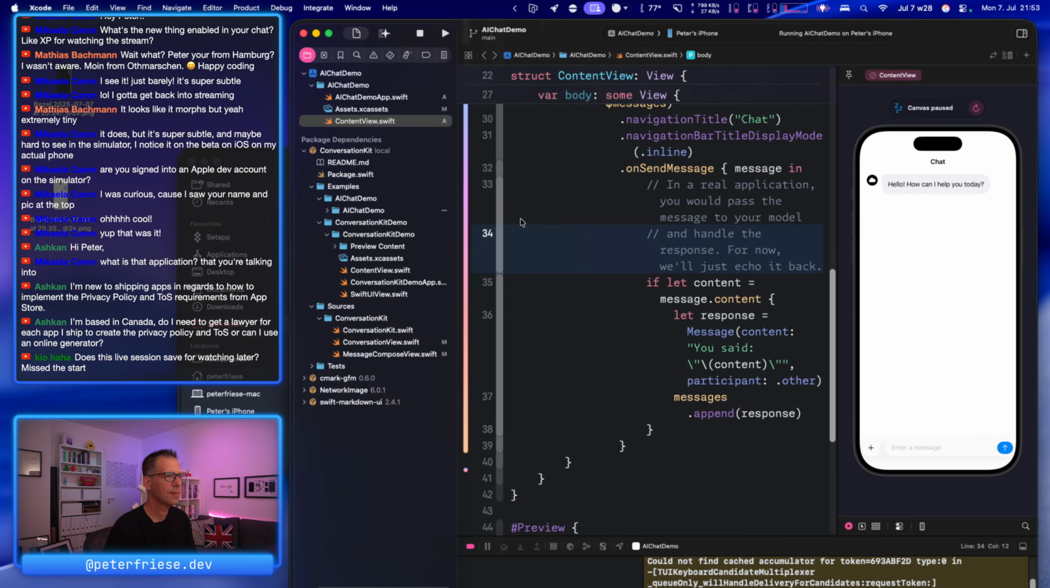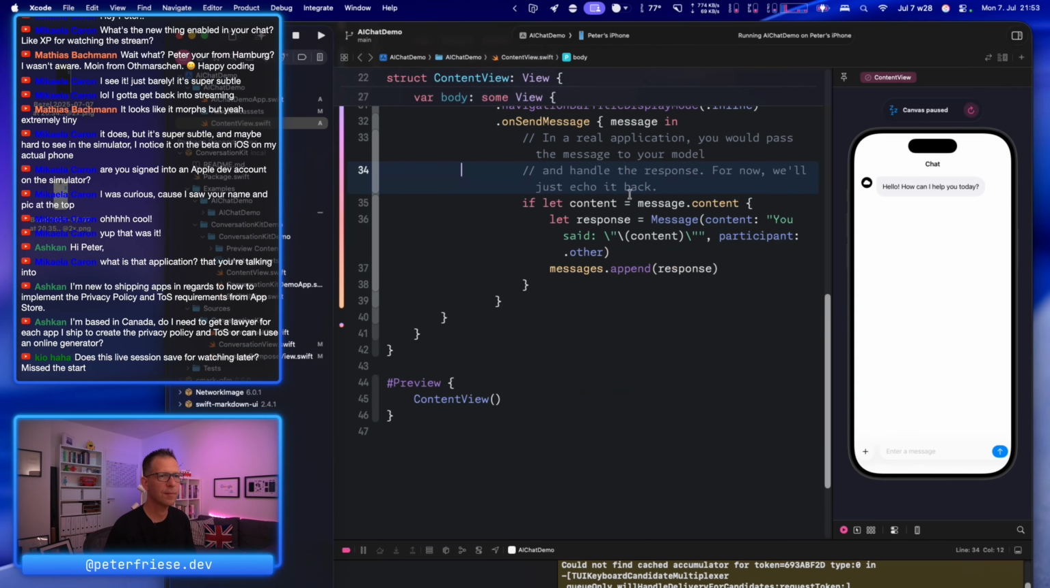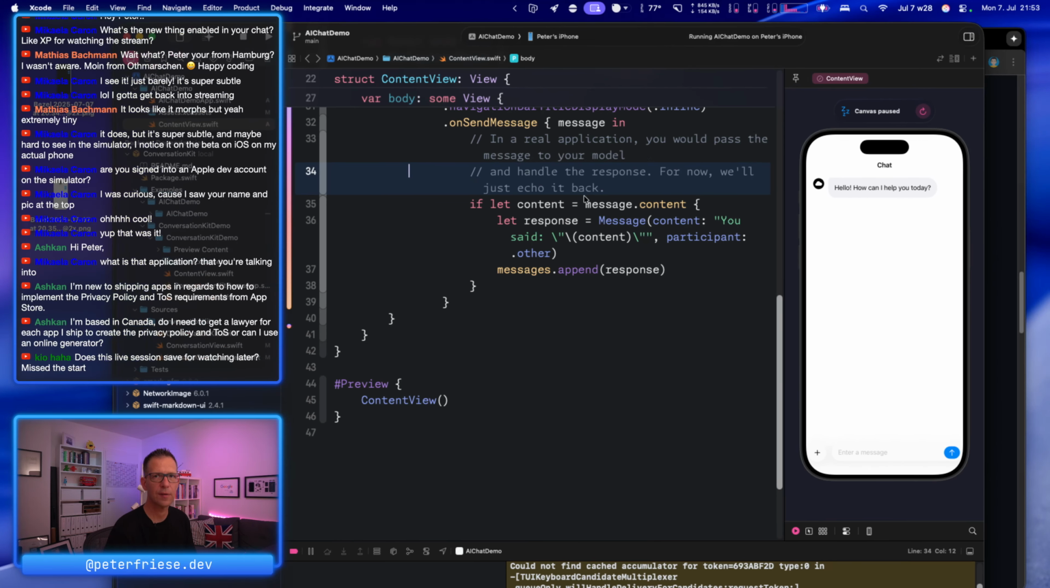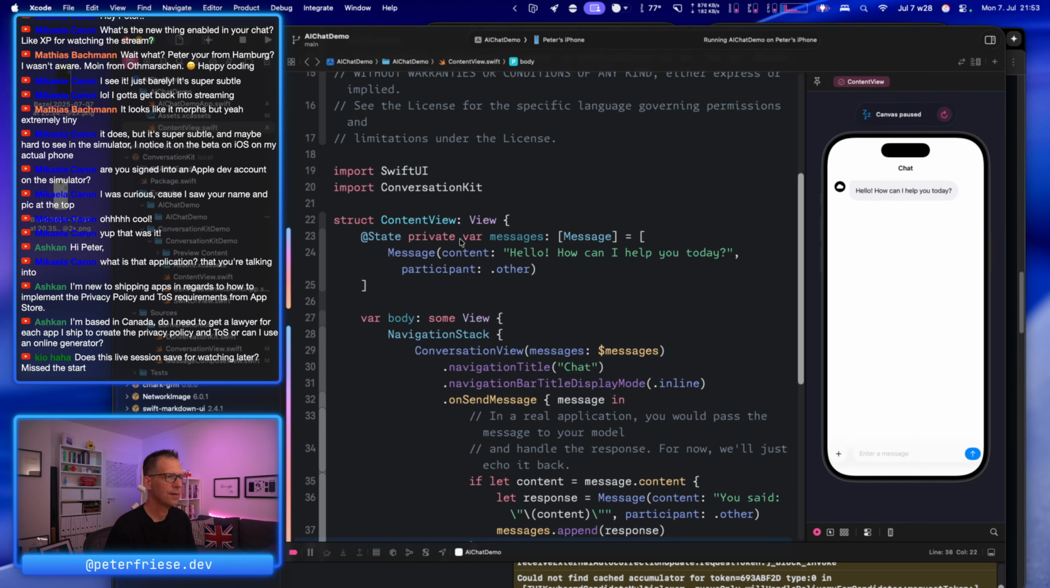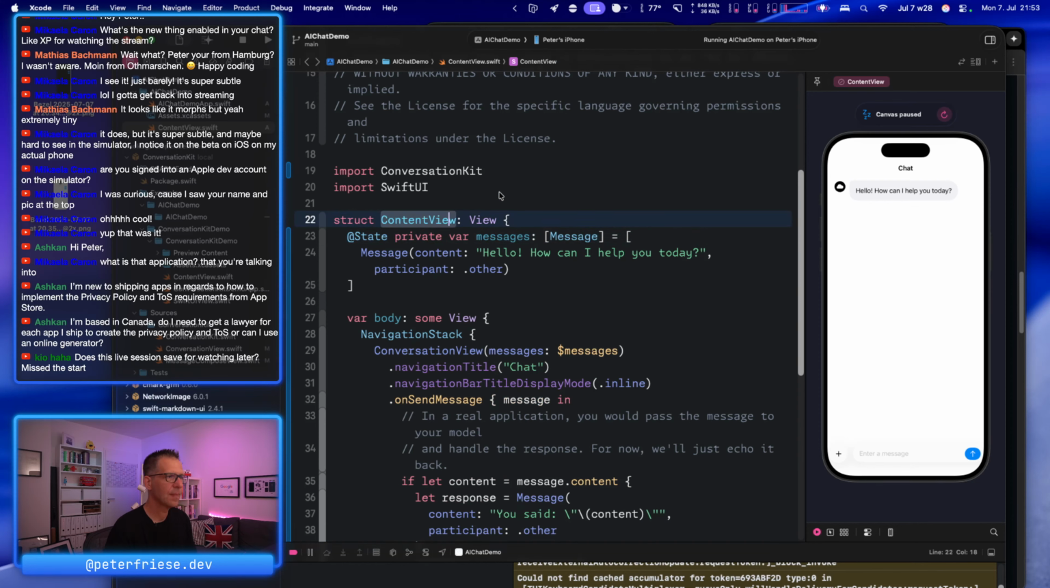Get this out of the way, and I'm going to make this easier for me because now we don't need the navigation bar any longer. So in the content view,